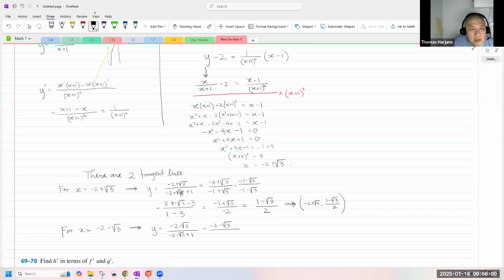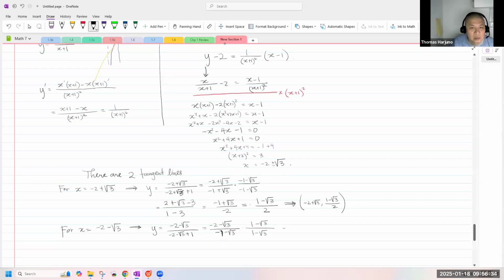So this is -3 minus radical 3. No, that's -1 minus radical 3. What am I doing? So multiply by the conjugate, 1 minus radical 3. 1 minus radical 3. That will give me